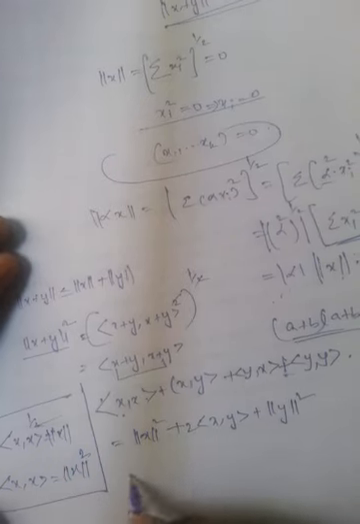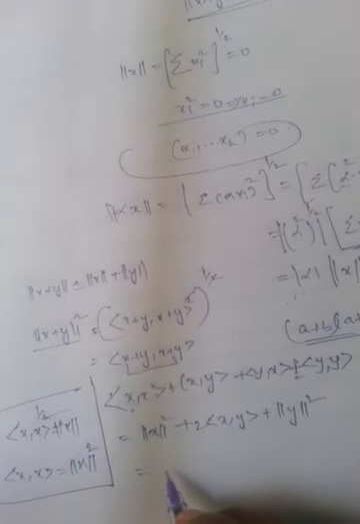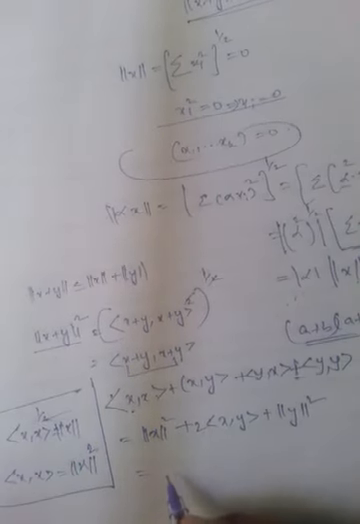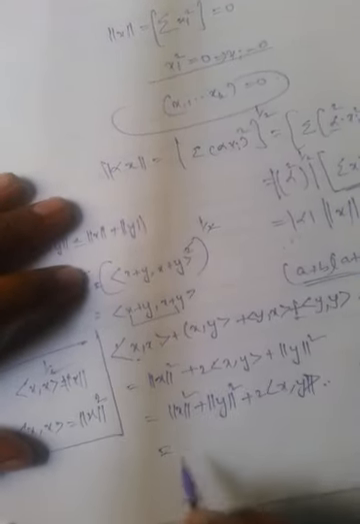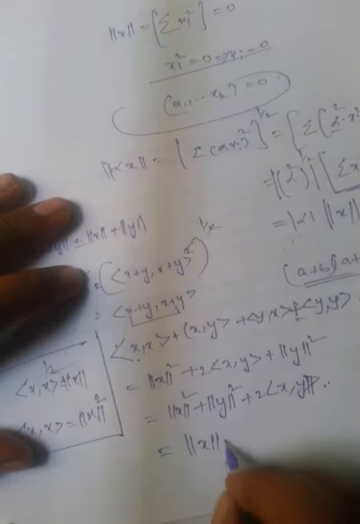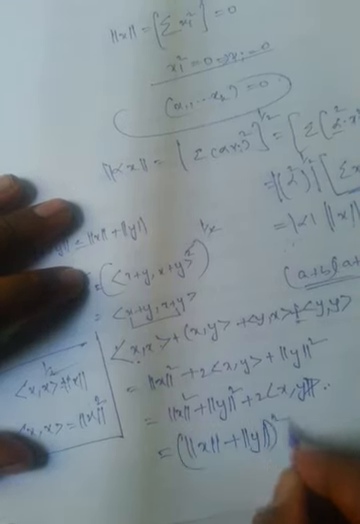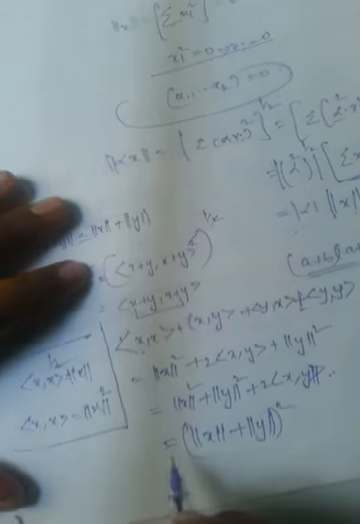Now we get this. From this you can arrange norm of y square plus 2 into inner product of x and y. Now if you observe, this looks pretty much like the formula for a plus b whole square. So you can replace it with norm of x plus norm of y whole square, and what we can have